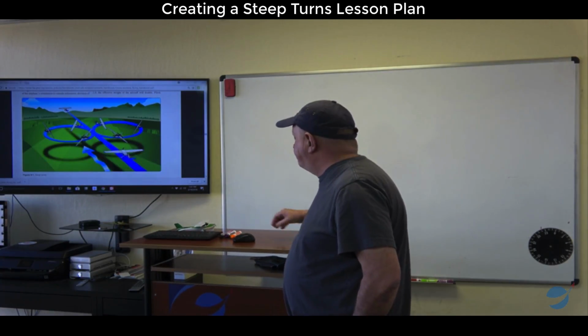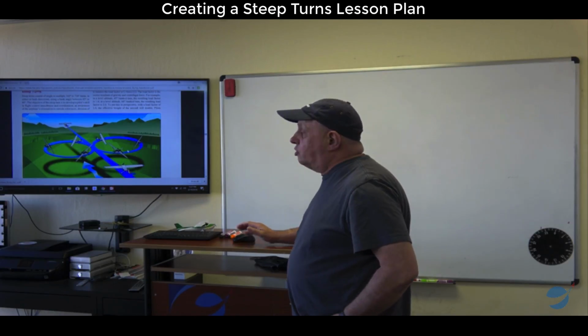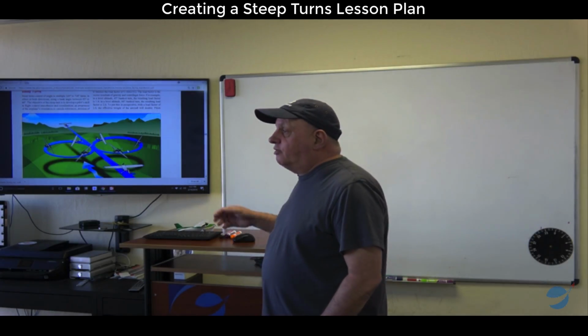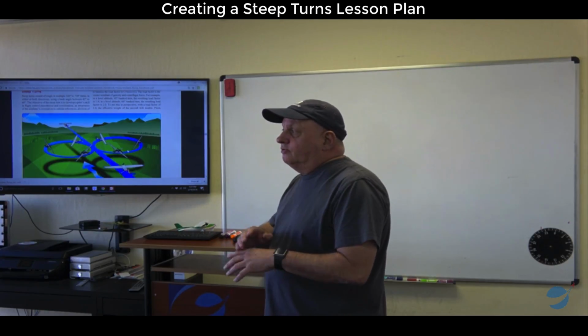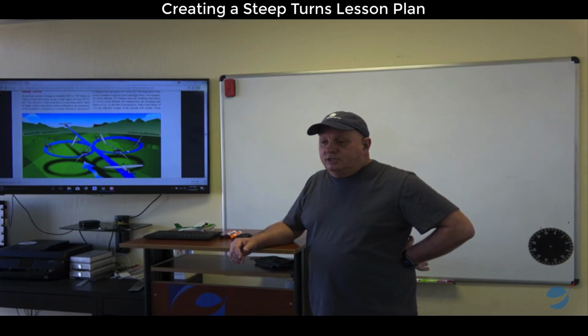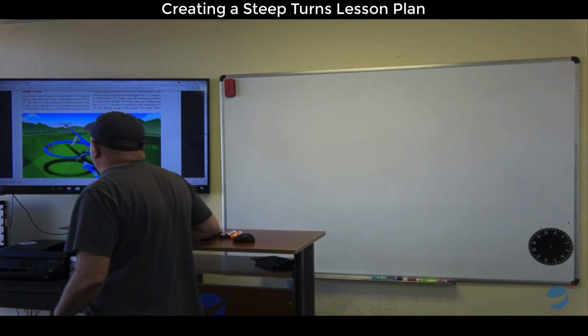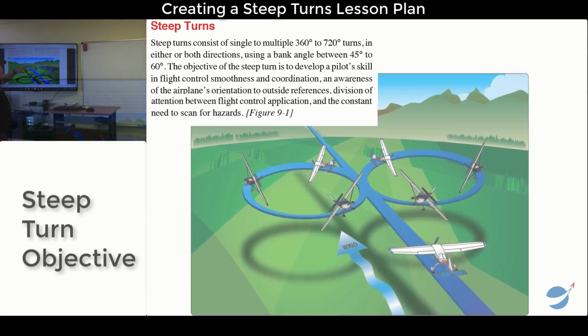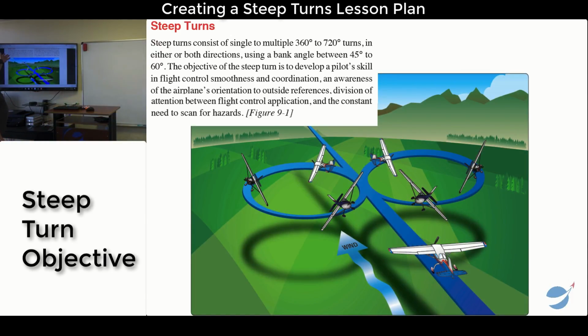So let's move into the text. So I'll read this, but I think I've read it enough to glean off the points. And the idea here is to develop a list of bullet points or a list of elements that would allow me to teach steep turns. So if I move over here, it says a steep turn consists of a single or multiple 360 to 720 degree turns in either or both directions using bank angles between 45 and 60 degrees. And here's an objective already. It gives us the objective here. The objective of the steep turn is to develop a pilot's skill in flight control smoothness and coordination, and awareness of the airplane's orientation to outside reference,